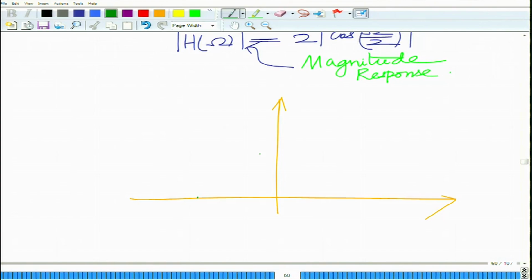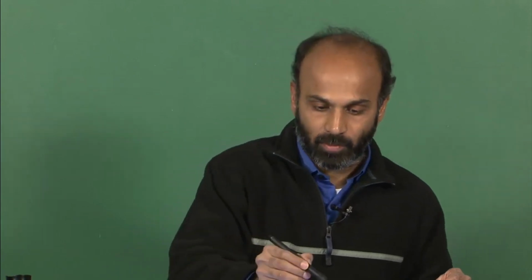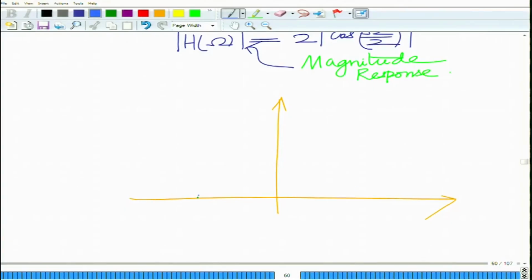At omega equals 0, this is twice cosine 0, which is 2, alright, and when omega equals pi at the ends, it will be 2 magnitude cosine pi by 2, cosine pi by 2 is 0. So, at pi and minus pi as well, it will be 0, and if you look at the frequency response, it will be something like